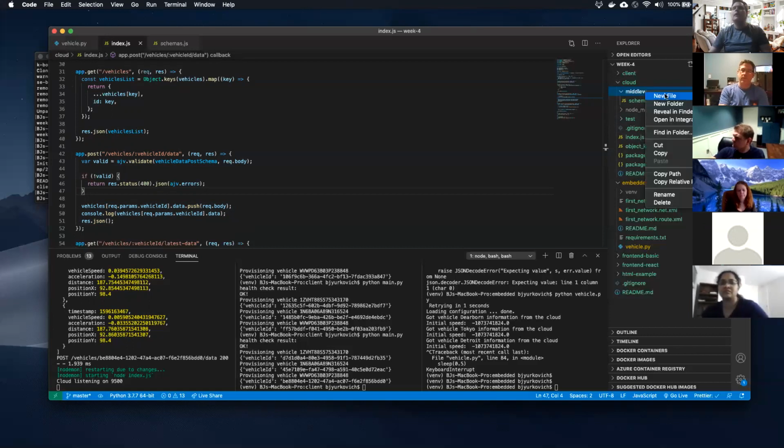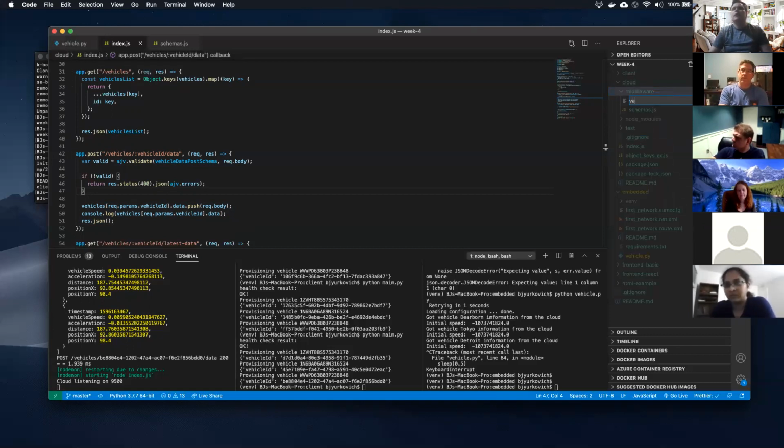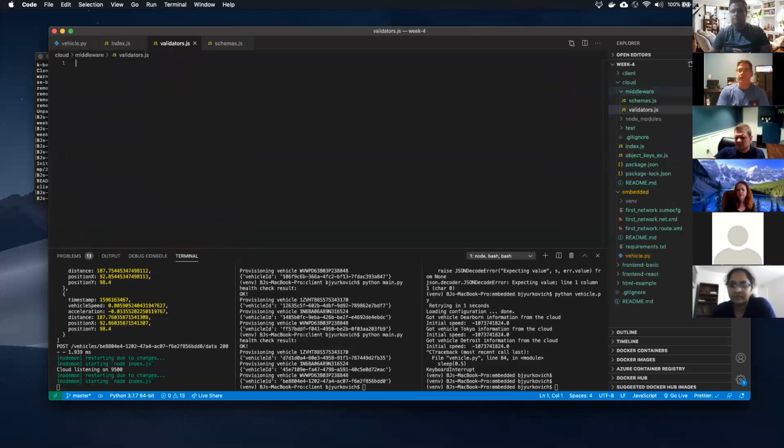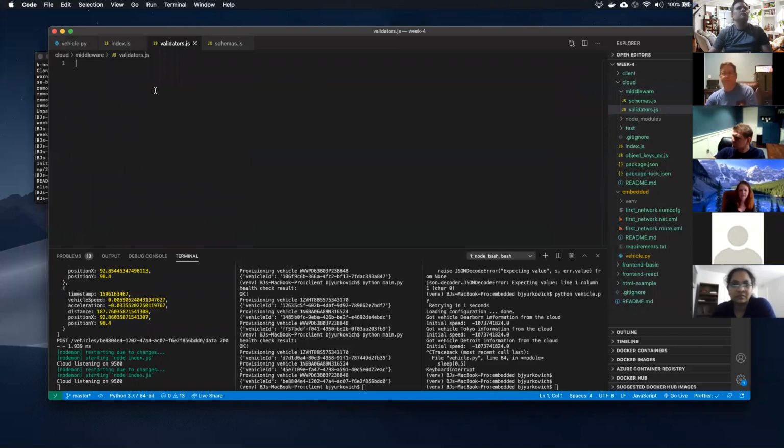So I'll call it validators. You might have a whole series of things that you put in the middleware. Essentially you can pull them out of your code to keep it as clean as possible. Exactly.